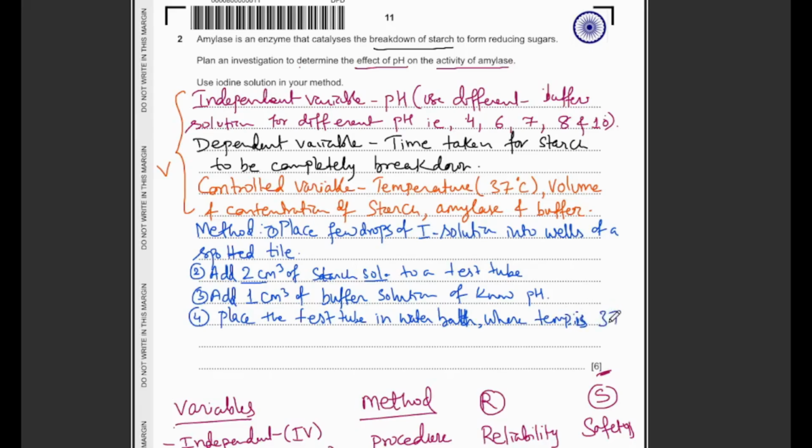Temperature is 37 degrees Celsius, okay. Next one, fifth point, every 20 seconds you can keep it, or 35, whichever timing that you want to maintain. So basically early if you do the experiment will be fast. So every 20 seconds, okay, take a drop from the